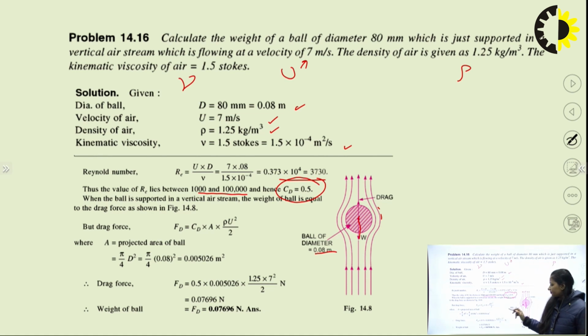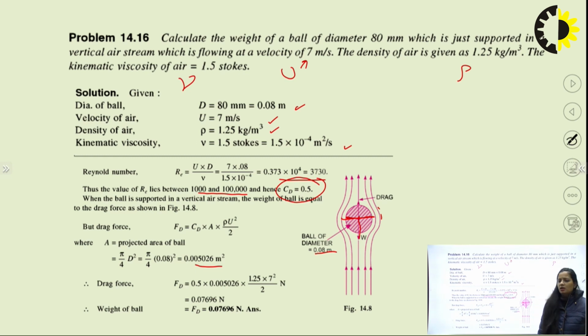The projected area of the ball. Okay, you need to understand this concept of projected area. The diameter of the ball is given, so in that particular diameter, what is the projected area? Simply a circle. So the projected area of the ball will be pi by 4 times 80 mm square, or you can say 0.08 square. So this will be your projected area,